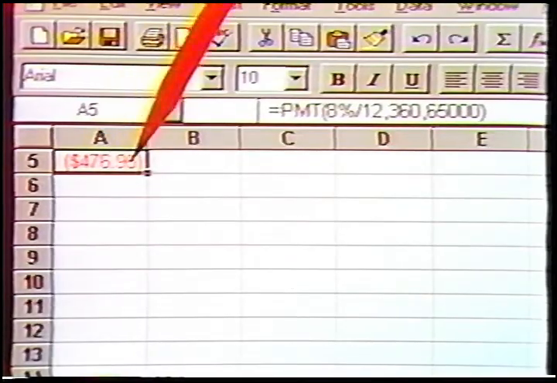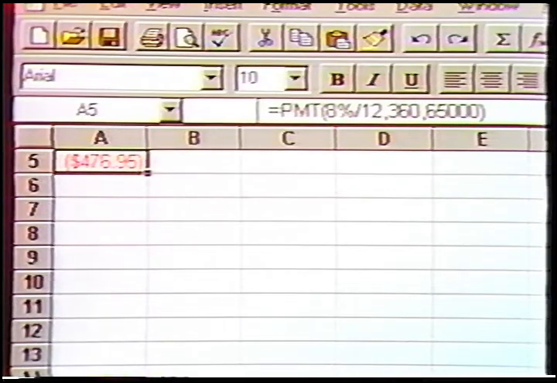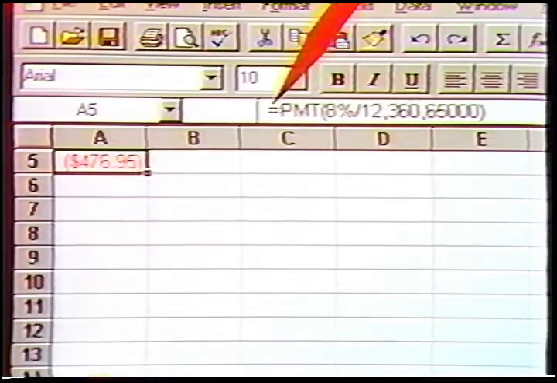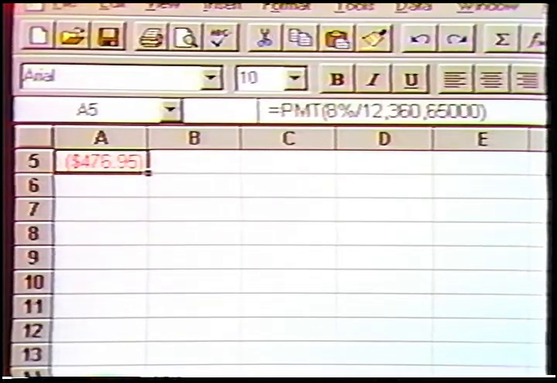Here's the monthly payment in red. The reason it's in red is because it's a payment or a debit from your account. Here's the function in the formula bar. You can change any of these numbers in the formula to find out what the payments would be for that